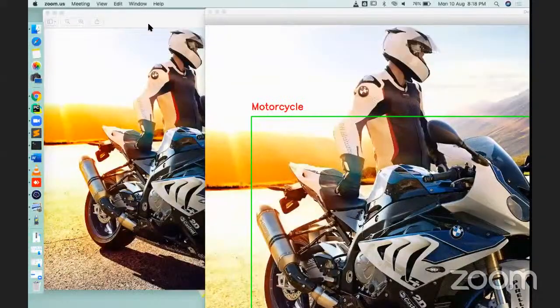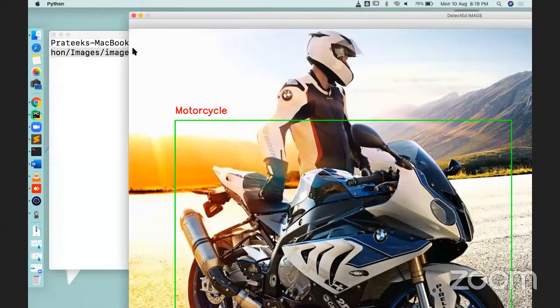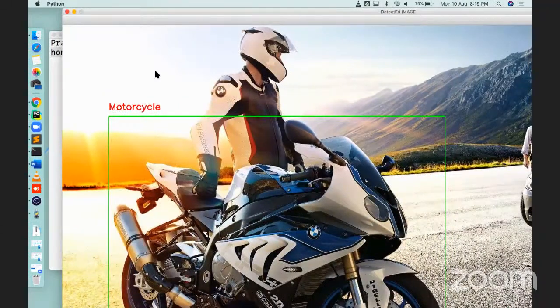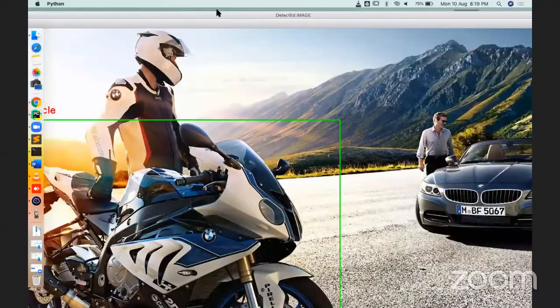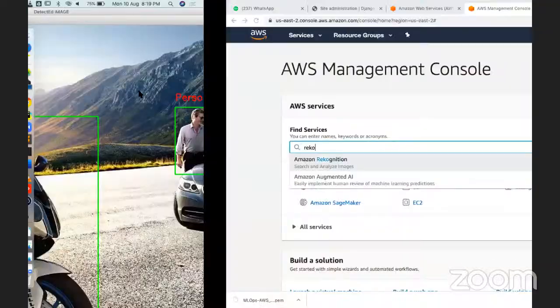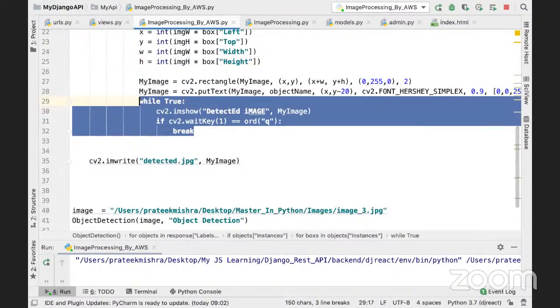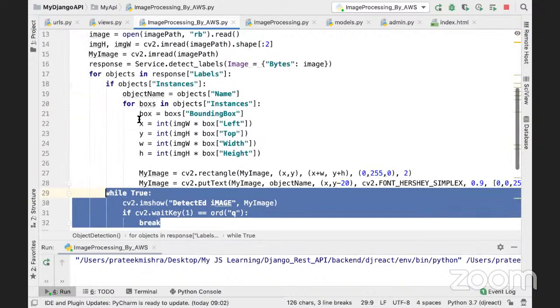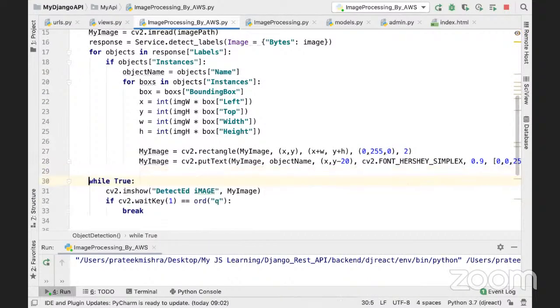Guys, we are getting this image. It is not this image. This image is just opened by the detected image, and you can see you are getting all the objects, not only one object, just by my mistake. My mistake is that I applied my for loop in the wrong place. I have to apply this for loop after detecting all the objects. That's my plan, right? Now if I run this code,